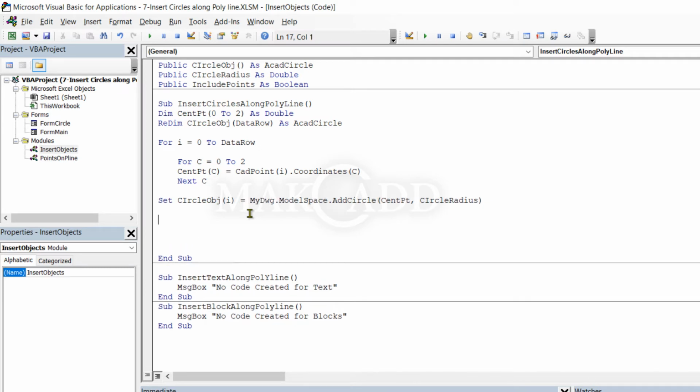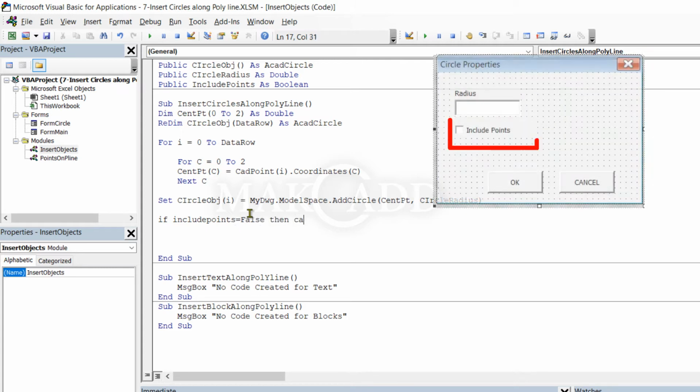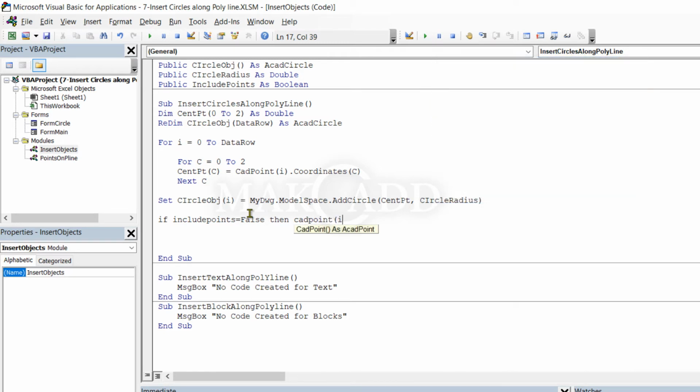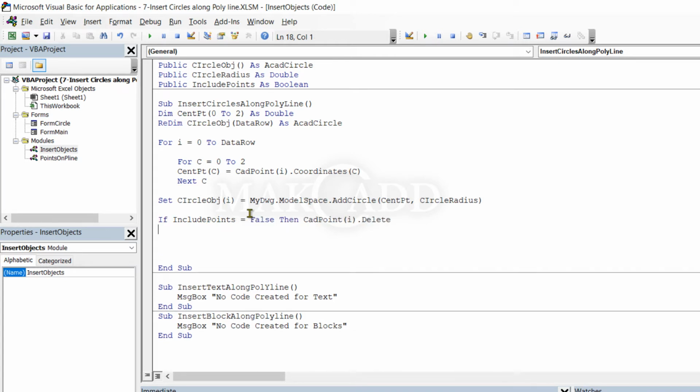Now circles are added. Now here we will remove the card points which we already added, if we don't want to keep these points with the circles. So we have the option with this checkbox to include the card points with the circles. So if we don't want to include, if include points is equal to false, then delete card point.